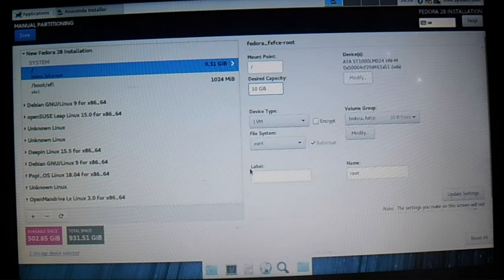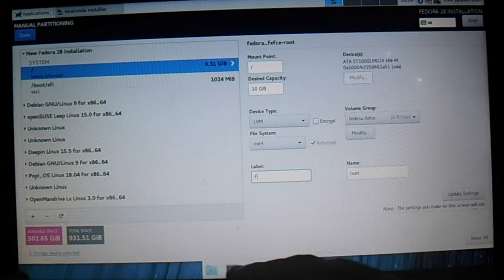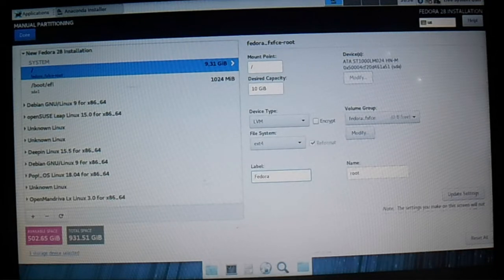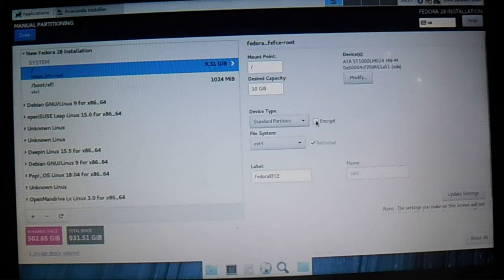And I'm going to label the partition Fedora Xfce, so I know which one it is. And then I have to click here on the update settings here on the right, on the bottom here where the mouse is. Click update settings. And also I want to select standard partition. If I want to encrypt, I just click here encrypt, but I don't want to encrypt. It has the mount point, 10 gigabyte, ext4, the label Fedora Xfce. So now I click update settings,